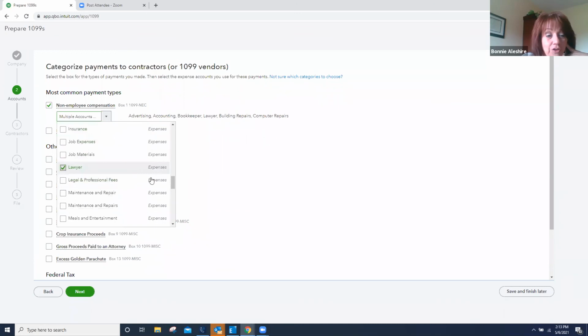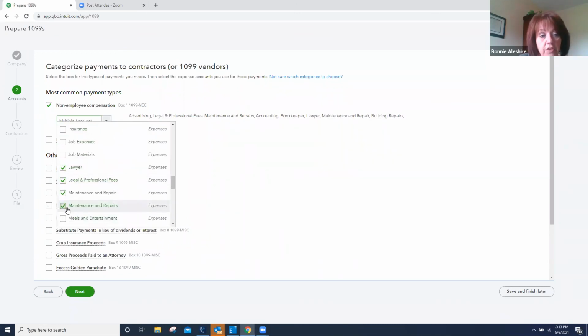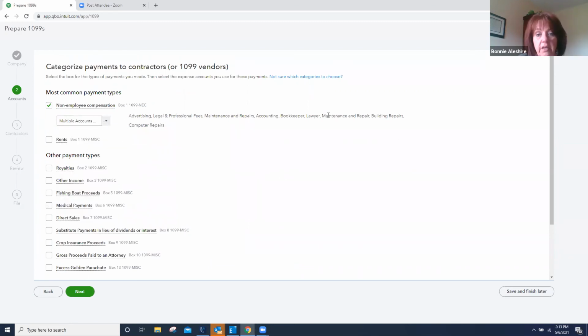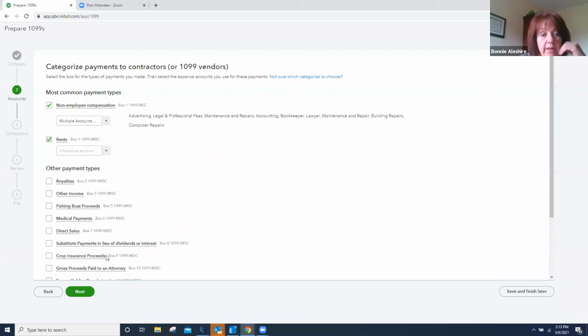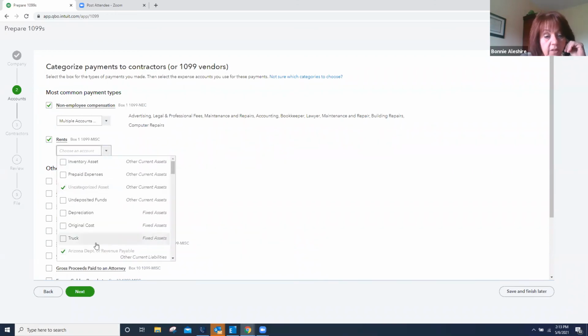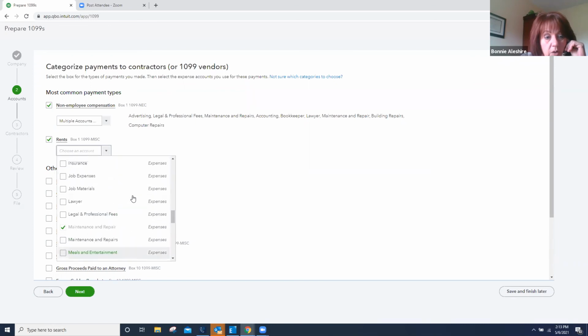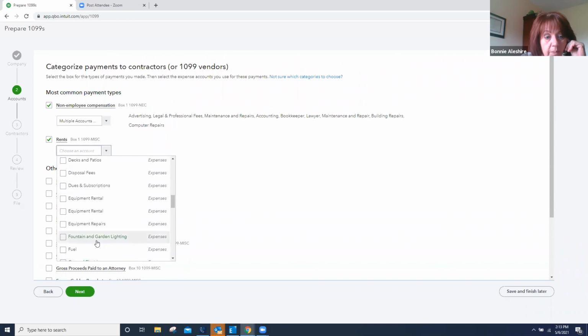Let's see, your attorney, legal and professional fees. So just as an idea, this is how you go through that. Those are ones that would come up, and it lists them off here to the side, that would come in under non-employee comp. Then we go to rents. What accounts do we want it to look at for rent? Well, one would be equipment rental, because that should be included. And the other would be,